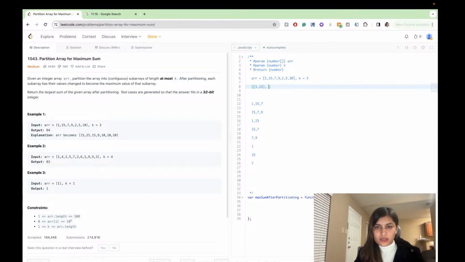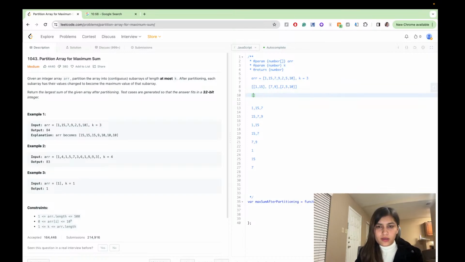So suppose I partition this, okay, 1, 15, and then 7, 9, 2, 5, 10, right? So this is one way to partition the array into contiguous subarrays of length at most k, right? And each subarray has its values changed to become the maximum value of that subarray. So the maximum is 15 here. 1, 2, 3, 4, 5, 6, 7. 15 and